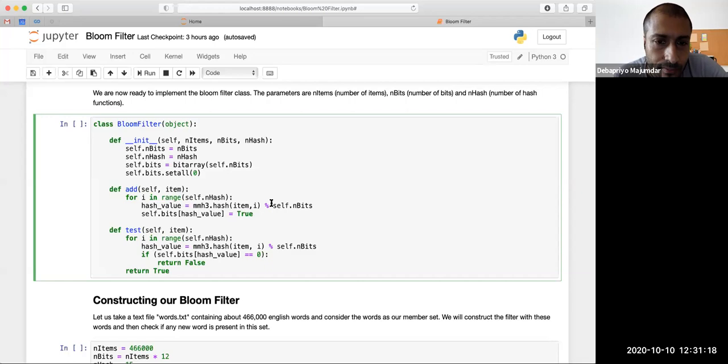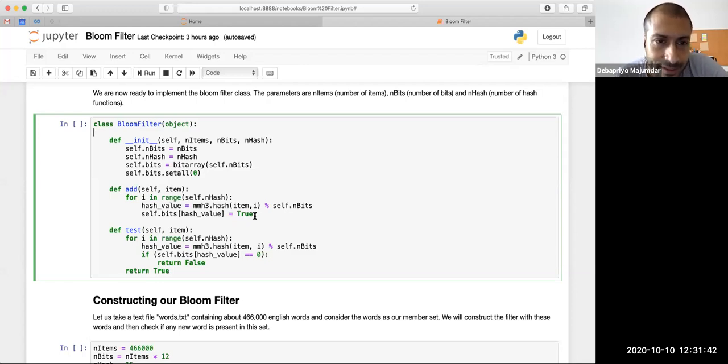So we are hashing with different hash functions and setting those bits to 1. If we run add on all our items, we will be done with our construction phase. Then our Bloom filter is ready, with some ones and some zeros, to test a new element.